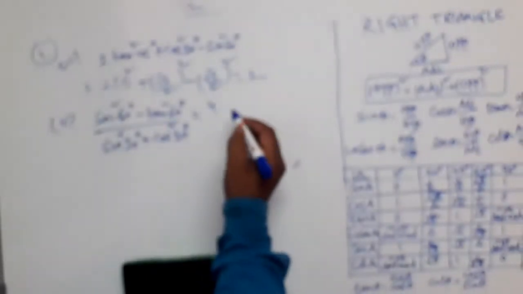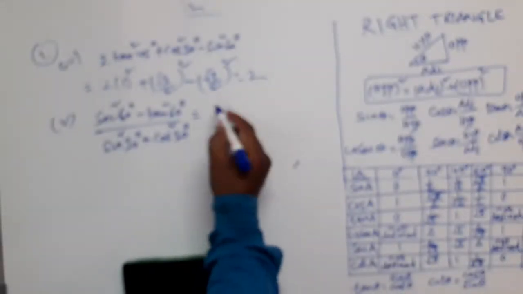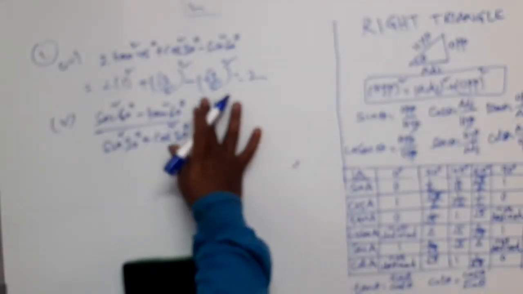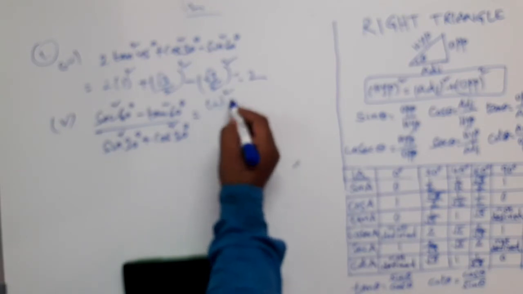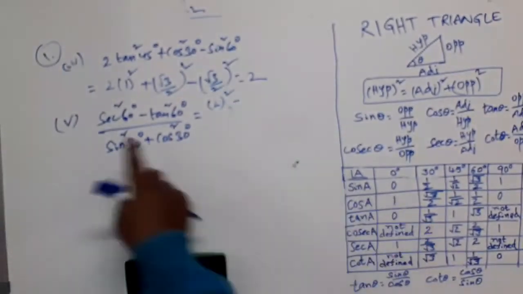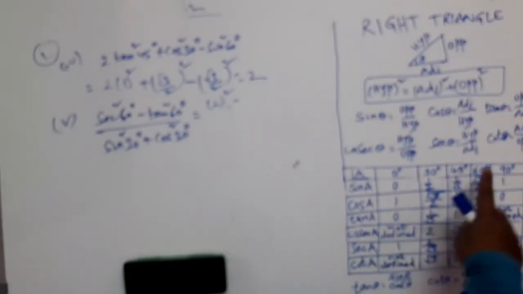Cos 60 degrees I remember as sin 30 degrees. Both are the same. Sin 30 degrees is 1 by 2, so cos 60 is 1 by 2. Whole square, 1 by 2 whole square is 1 by 4. So secant square 60 degrees will be the reciprocal of that, 4, or simply 2 square. Or if you find it difficult to remember, go to the table: secant 60 degrees will be 2.